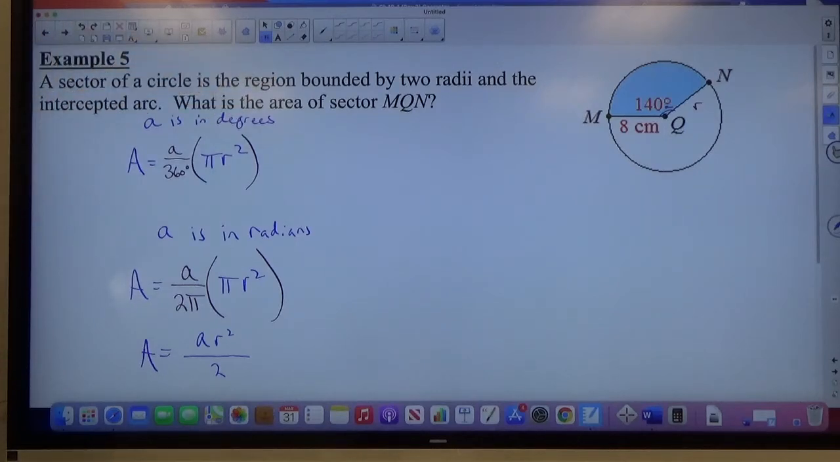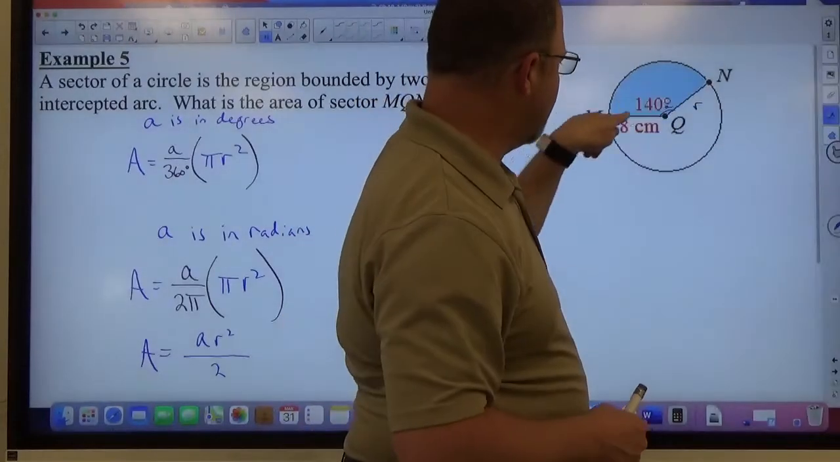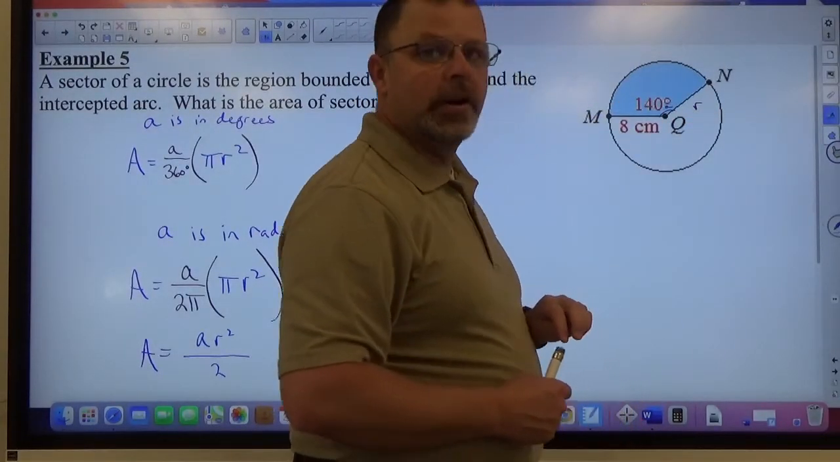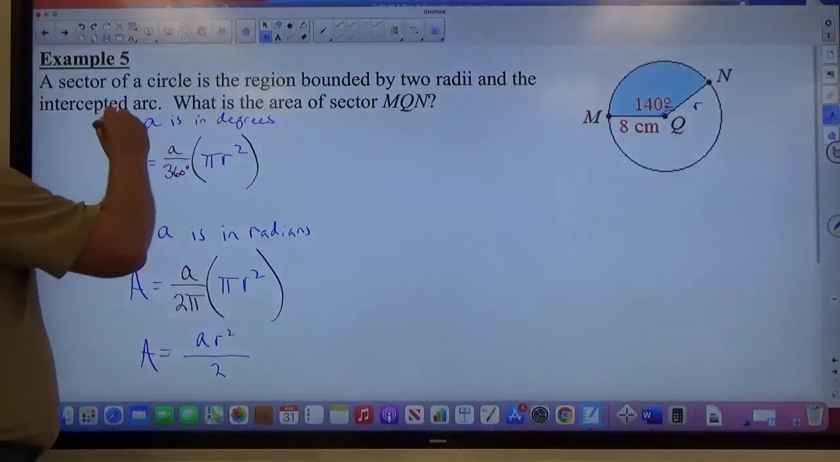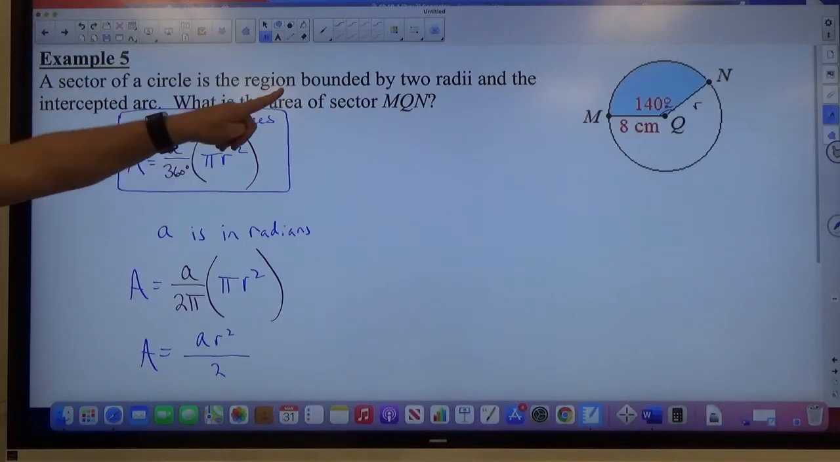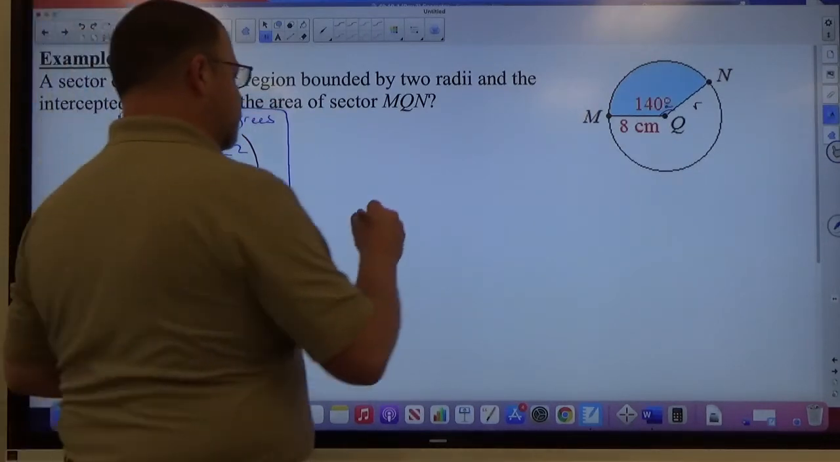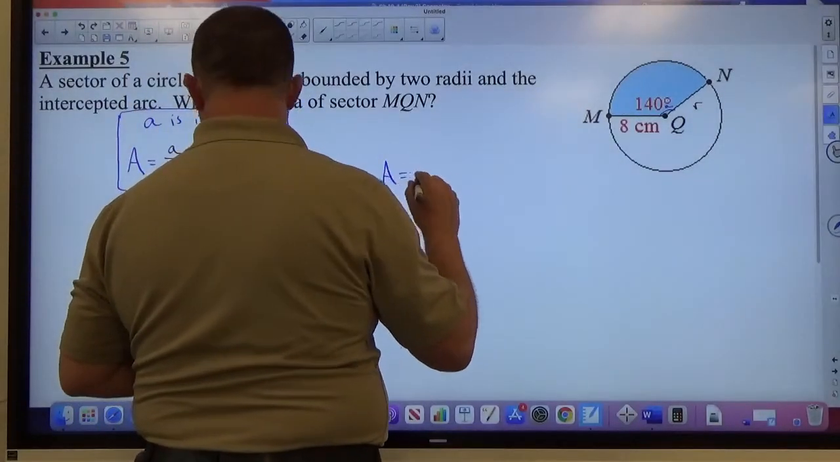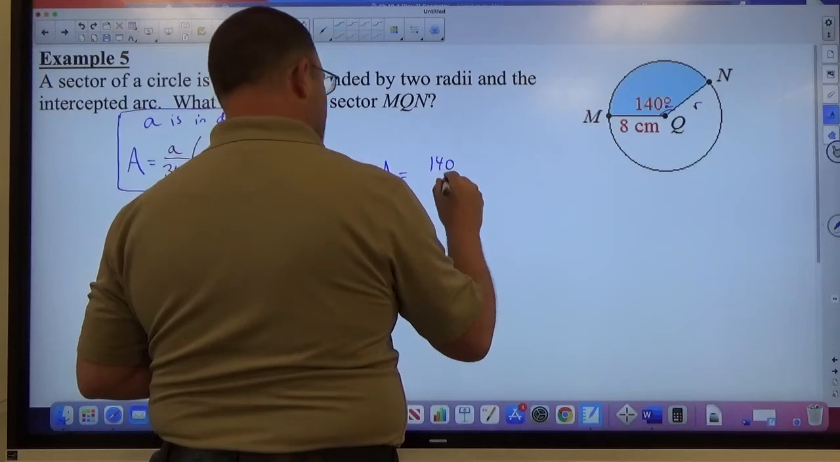In this case, the central angle MQN is 140 degrees, not radians, so we'll be using the degrees formula. So basically your technique here is, to find the area of a sector, identify the angle type to identify the correct formula, and write the formula down. There are so many formulas that if you write them down again and again, you will eventually have them stuck in your brain, and that's a good place for them to be stuck. The measure of A is 140, the measure of R is 8, so I'm going to simply substitute those numbers in. So A equals 140 over 360